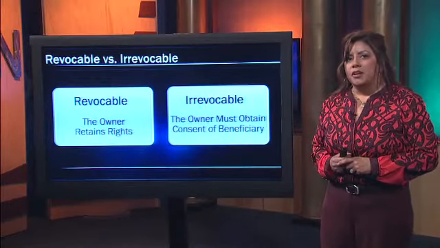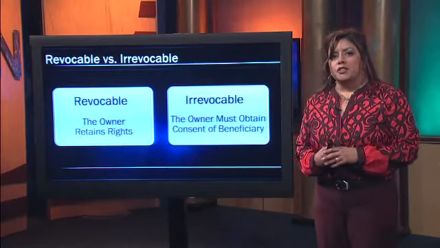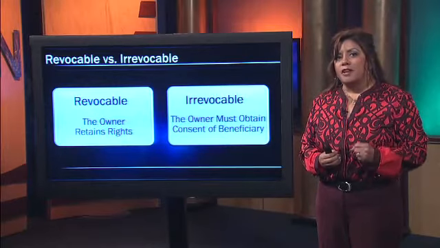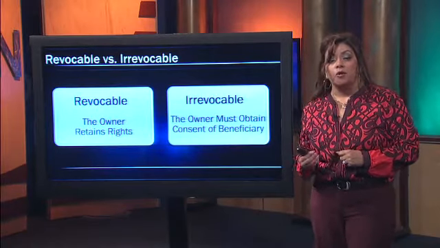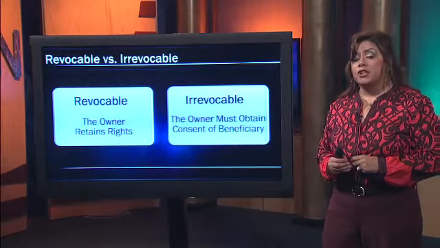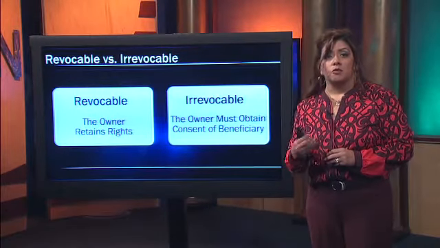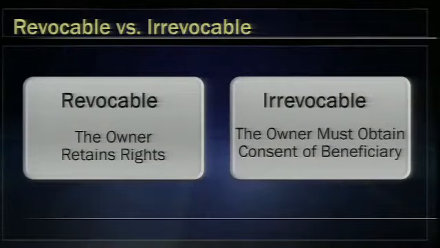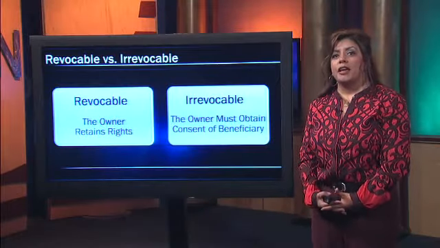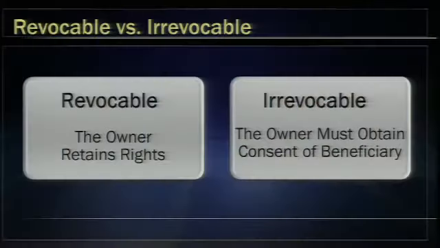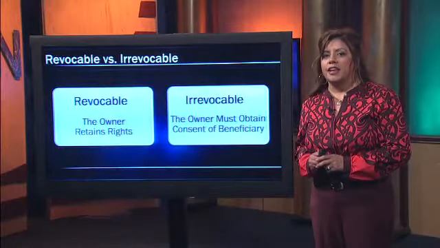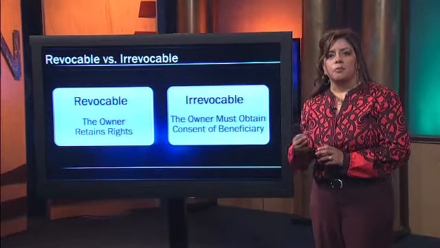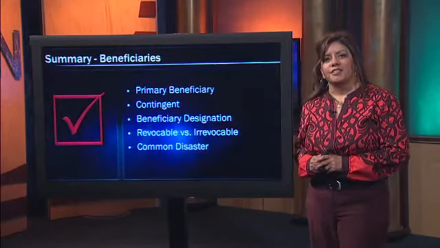Now, the policy owner can also choose to exercise their right to make the beneficiary either revocable or irrevocable. So the beneficiary designation means that if a policy is revocable, the owner retains all the rights to name the beneficiaries. It means at any point they could make changes to the beneficiary. So if a beneficiary is irrevocable, now the owner must obtain the consent and the signature of the beneficiary to make any changes. So in a sense, it puts the beneficiary in charge of any changes.